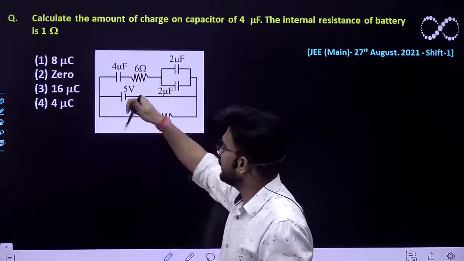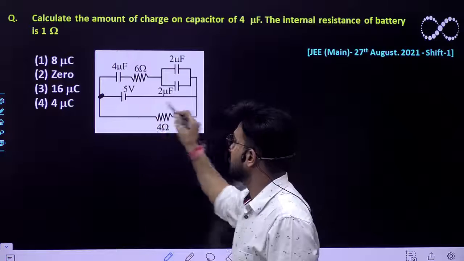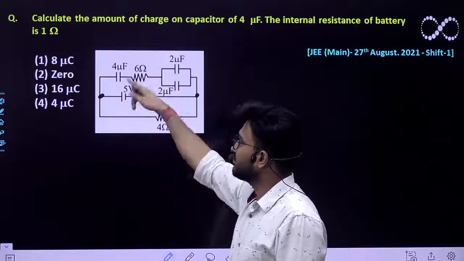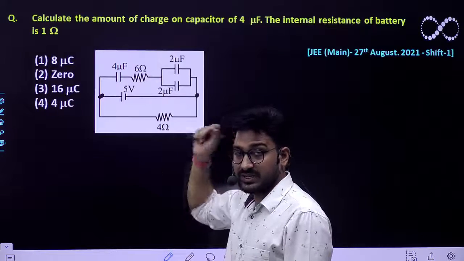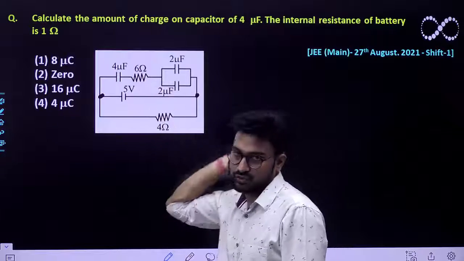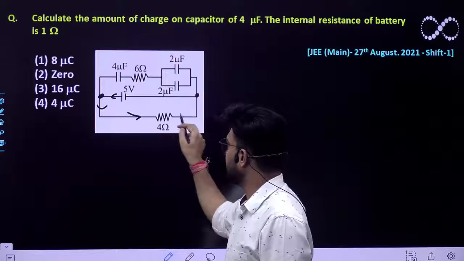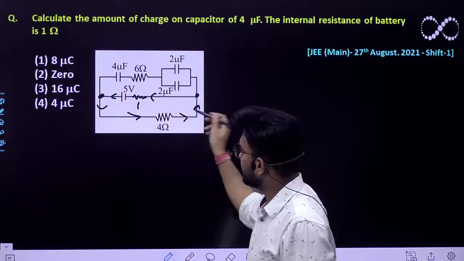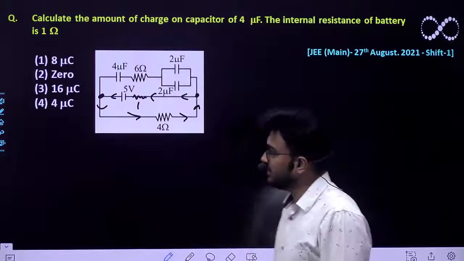So that means in the uppermost section of this wire, from this upper end to this upper end, no current will flow through it, because all the capacitance would be in steady state. So whatever current is coming, it will go just like this, and here the internal resistance of the cell is 1 ohm, then it will come just like this. So the current flow would be in this particular direction.